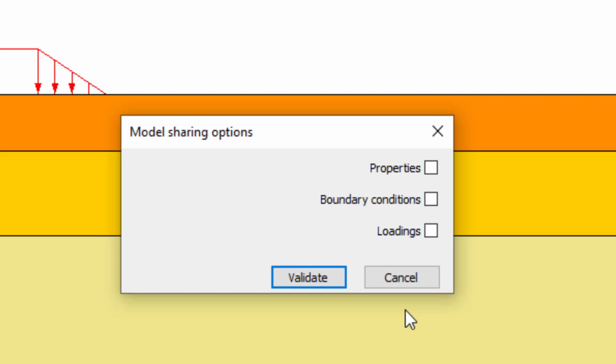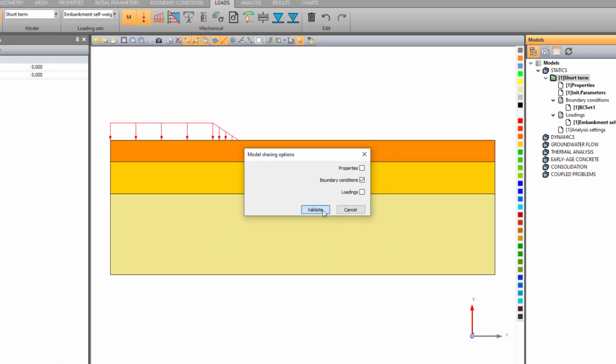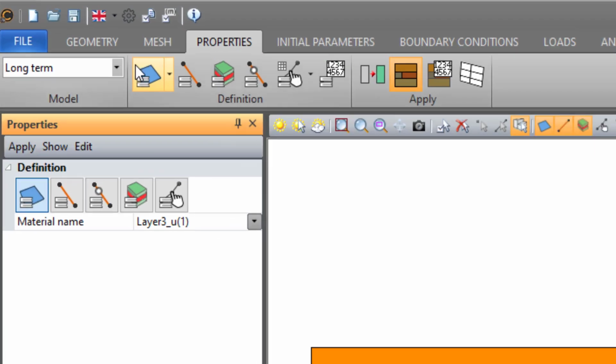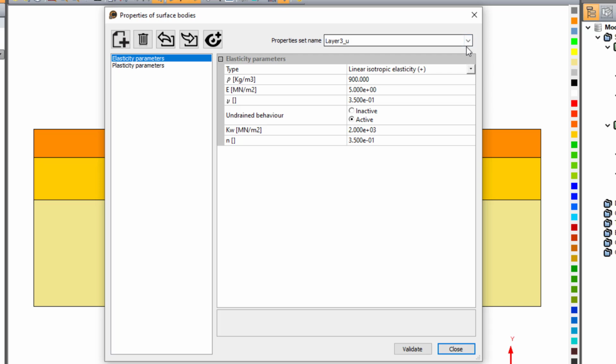This model will be defined for the long-term state. In this second window, model sharing options, we can share the properties, the boundary conditions and the loadings between the stages. Here, we pick only boundary conditions, and we validate. With the long-term model, we must define a new properties set, as the current properties vary only for the